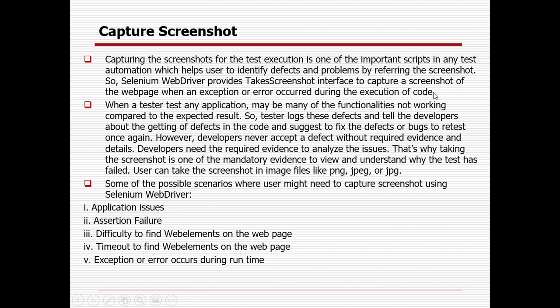So this is the important interface, TakesScreenshot, available in Selenium WebDriver. When a tester tests any application, maybe many functionalities are not working compared to the expected result. Our main objective is to match the expected and the actual result. So the tester logs this defect and tells the developer about the defect in the code and suggests that a fix is required.